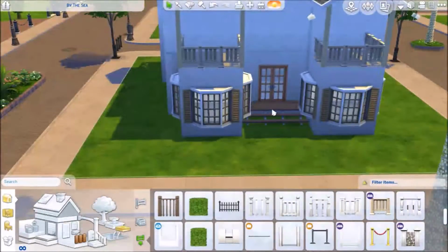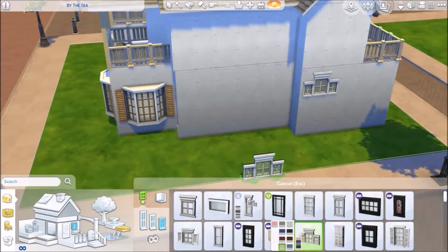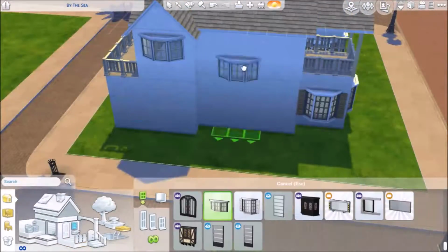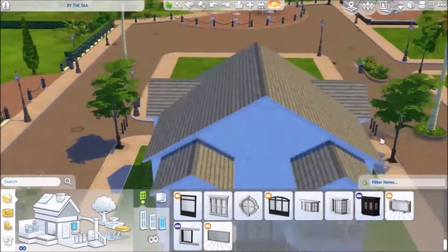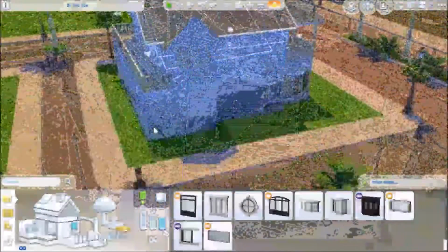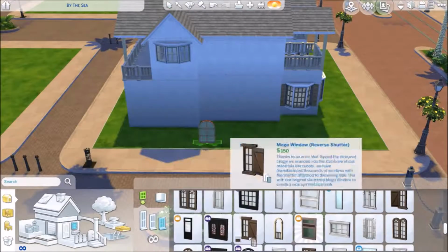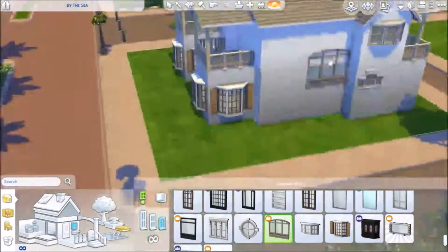So yeah, that was the idea, and the furnishing that I did, which you'll see in a little bit, was mainly thought of like this person is not really into having a designer type of house. This person goes to places and finds beauty in some objects and she just takes them home. And I'm saying she because I took a female sim to test things out and to take screenshots, so that's why it's a she. But yeah, basically she could be at an auction or something and she sees